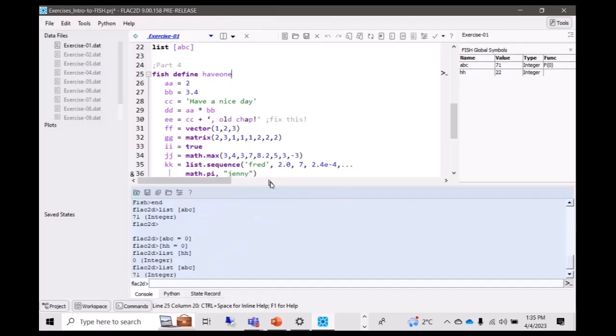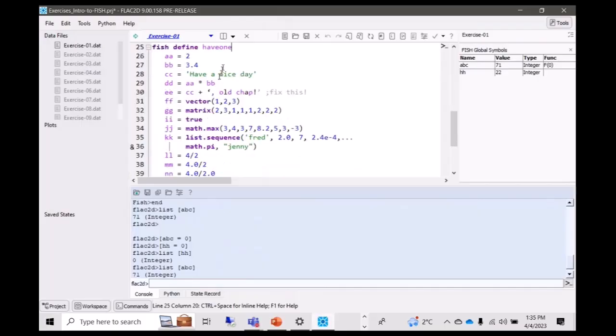Okay, part 4. So what we're going to do here is just get a sense of the different types of variables that we can have. Integers, floats, or decimals, string. Notice that the string is green. The numbers are blue. Obviously, we can multiply variables that are numbers. We can also add strings. So if we have a string called 'have a nice day', and we add it to a string ', old chap', then that text will get added